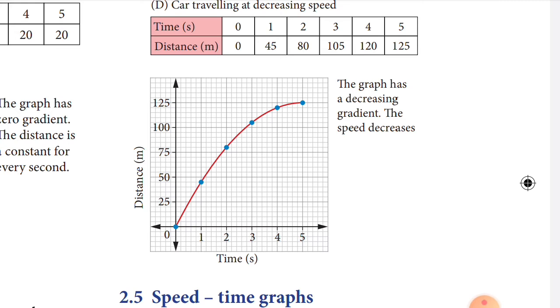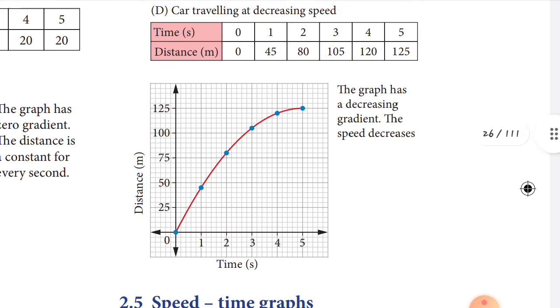Yes. So the first one, car at rest. That means the constant. The graph also 0 gradient. And second one, the car traveling at uniform speed. That means all the values are moving 10, 20, 30, 40, 50. So moving the normal range. And third one, the car traveling at increasing speed. So more than 125.